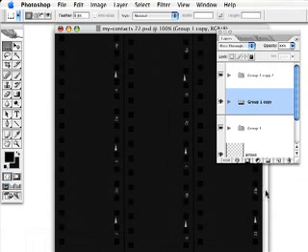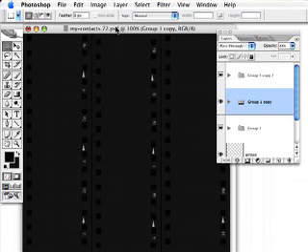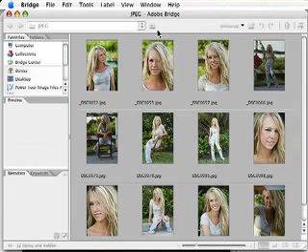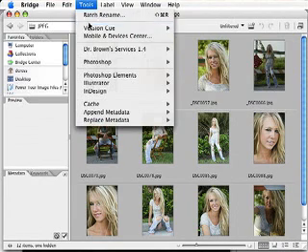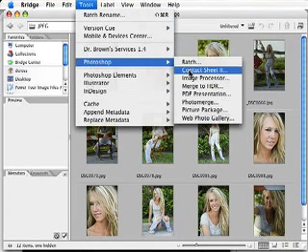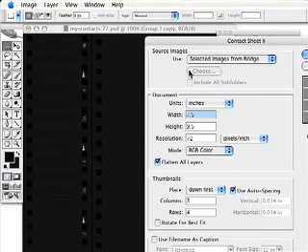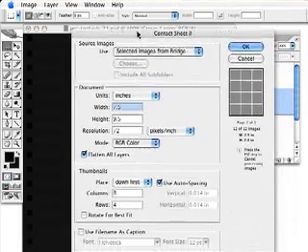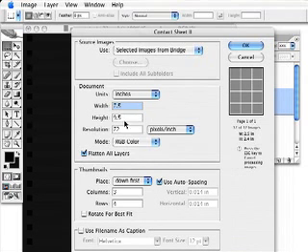So now, fast forward to the next time I want to make a contact sheet, I would do exactly the same thing. I'm just going to run it one more time, and it's going to do the same thing. I'll just leave all the settings the same. And this is crucial: at this point, don't change any of the settings of the document, because it has to be the same size and the same resolution to work.